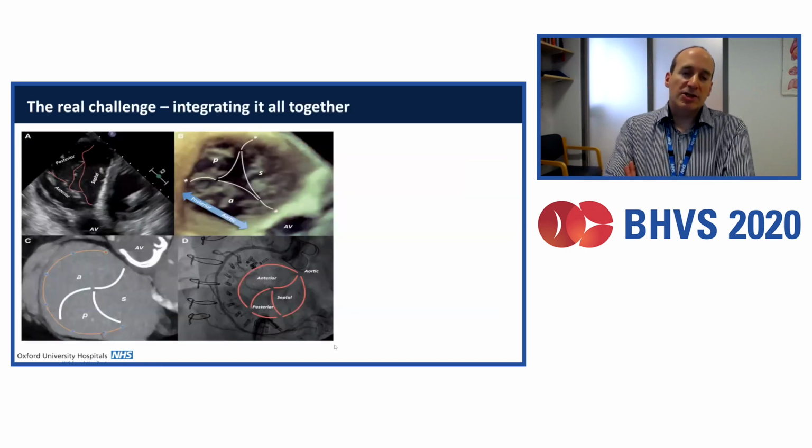The real sort of challenge for both those doing the imaging and in particular for those doing the intervention is trying to put all the separate modalities together and understanding the relationships between the appearances on TOE here, 3D TOE here, CT evaluation of the tricuspid leaflets and annulus here, and then live fluoroscopy in the cath lab and the relationships between the right coronary artery